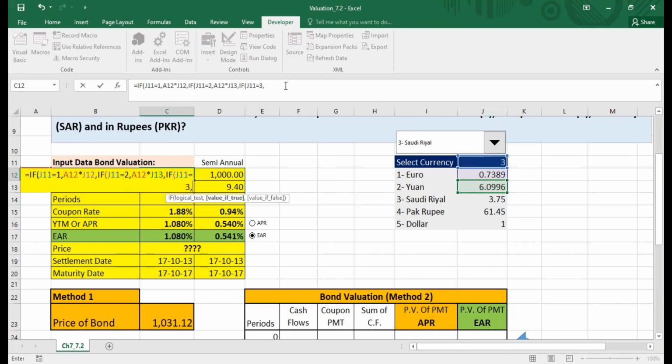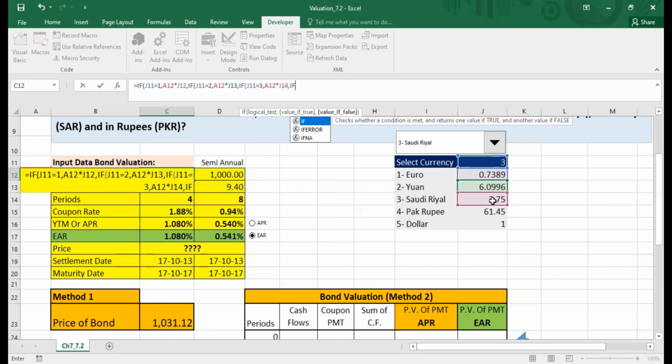please come to the formula bar so that you can see the formula. Then our par value, which is A12, times the exchange rate of currency number 3. Then the last part, we are going to start if. So if, again start the parenthesis, J11 is equal to 4, which is Pak rupee.